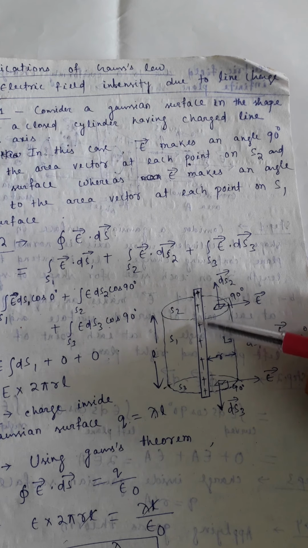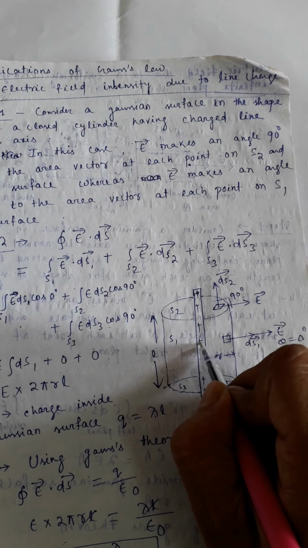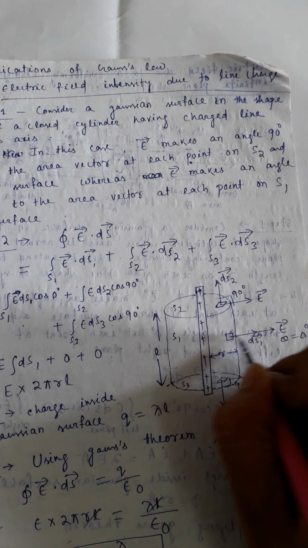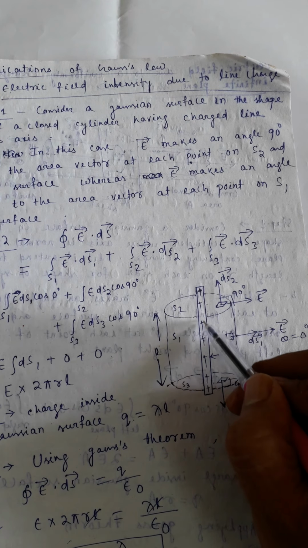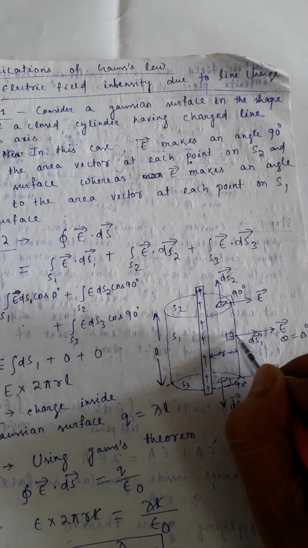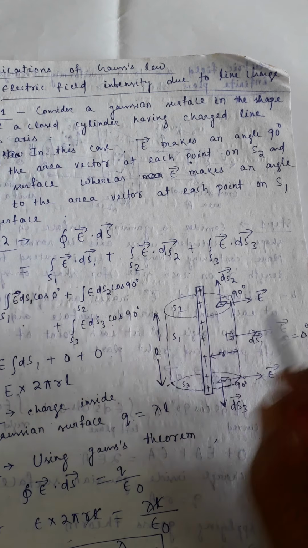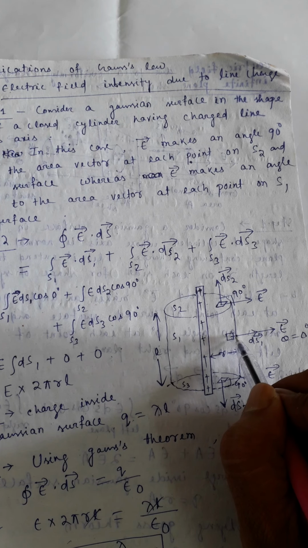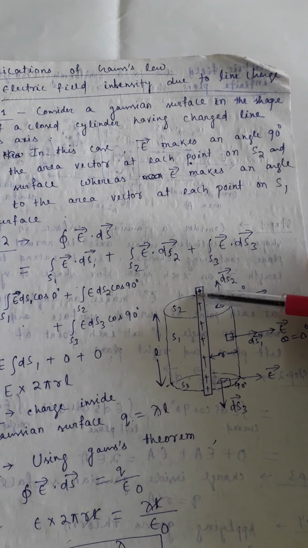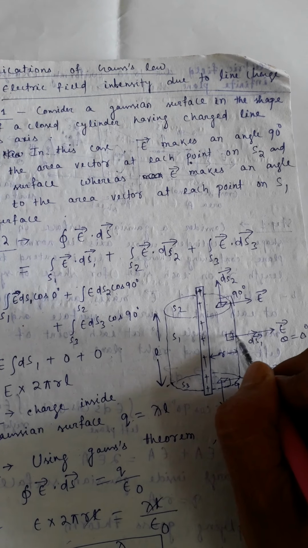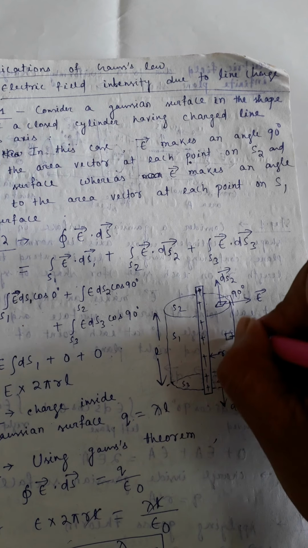The charges are distributed in a line, and each charge will produce an electric field. If we take a test charge here, we have to calculate the net electric field due to all these positive charges. To do so, we first have to imagine a Gaussian surface. So let's imagine a Gaussian surface in the shape of a closed cylinder having the charged line as axis, so that this imaginary Gaussian surface must pass through this observation point.